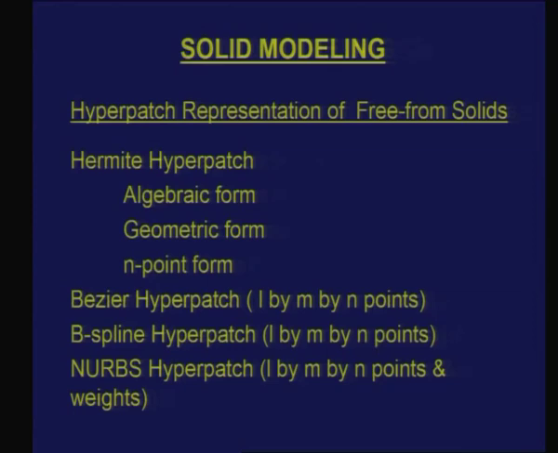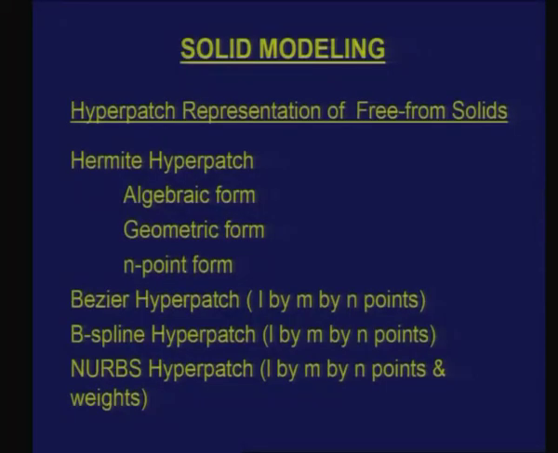I can have an algebraic form, in which any coordinate, let us say x, y or z, is a function of u, v, w, and you will have all the terms up to u cube, v cube and w cube as a part of this. So, I can write down the algebraic equation, and that may be one of the ways to do that, or I can have a geometric form, where I can define, let us say,